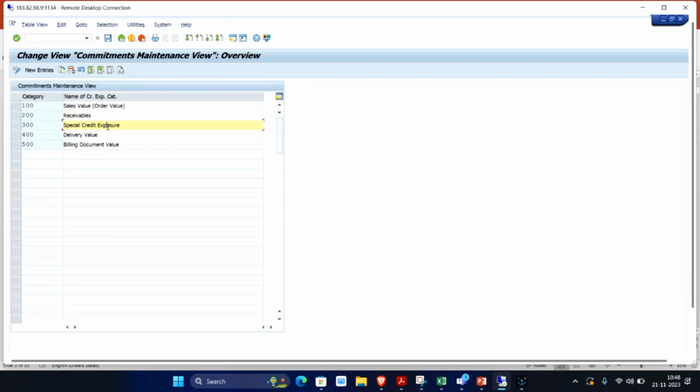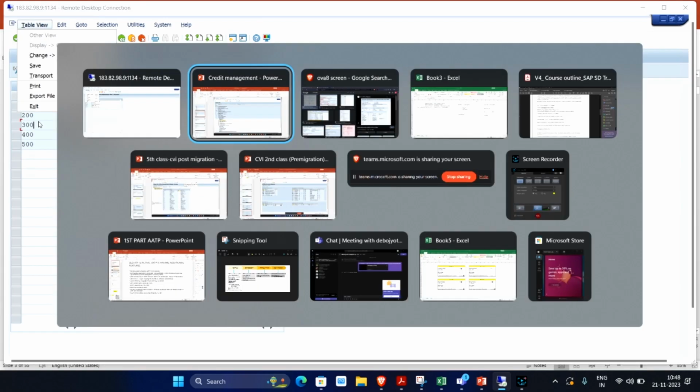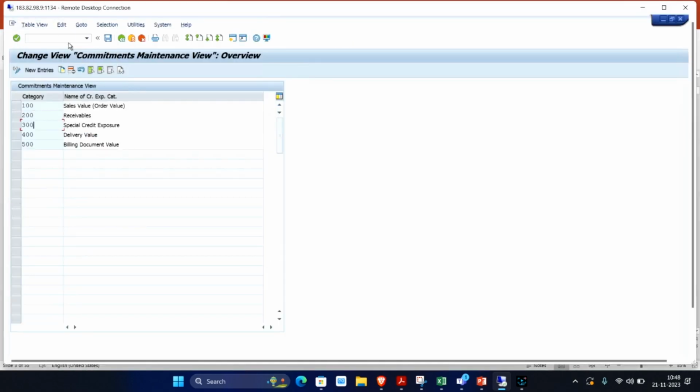Okay, now this is very interesting when it comes to the credit exposure categories, and there is quite a lot of extensive information there. The sales value, the receivables value. All these values are defined by a category: 100, 200, 300, and this is how it's defined in FD32. When you go to the BP, I'll take an old BP and see if it is there. Let me first check